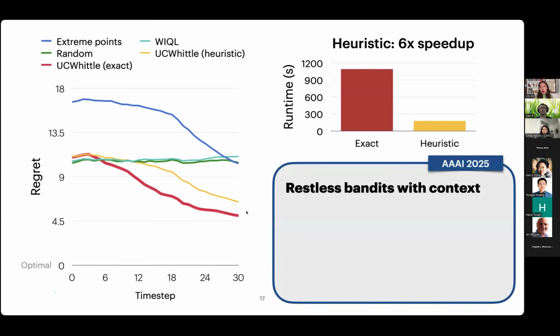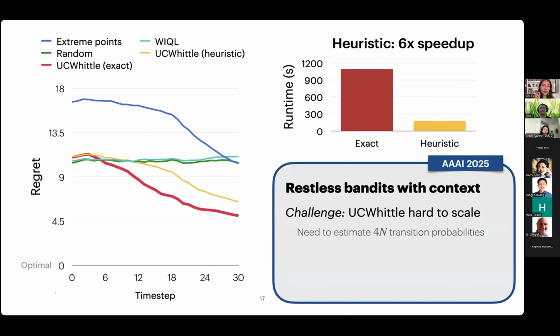And we also have follow-up work that appeared at AAAI this year that's bringing context to this problem space. So moving to the space of contextual restless bandits. And a challenge is that with the approach that we've described, it's a little bit hard to scale because we have to estimate every transition probability individually. And for the example that we've been considering so far of a binary state, binary action problem, there are four transition probabilities for